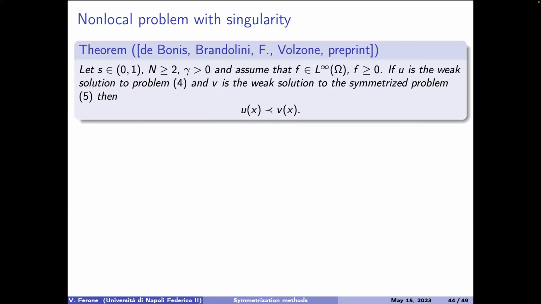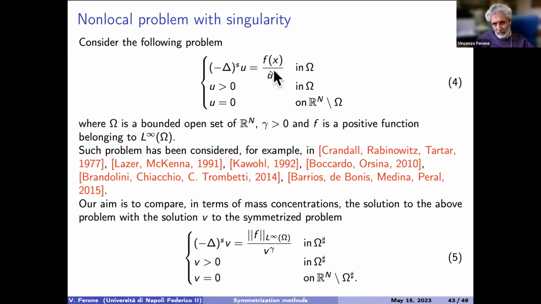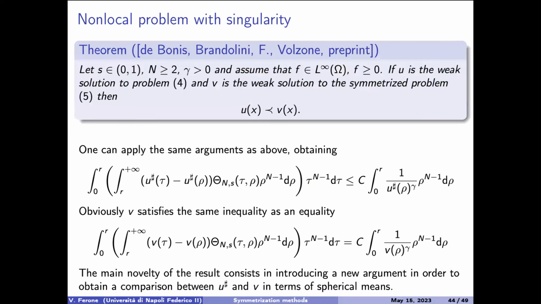I am considering weak solution in a sense which I don't want to get into. I mean, one has to suppose something which treats the fact that this can go to 0 on the boundary. But I don't want to discuss the existence of solution. I can tell you that in the paper I quoted, there are results about the existence. And one can apply the same arguments to arrive to this inequality here.